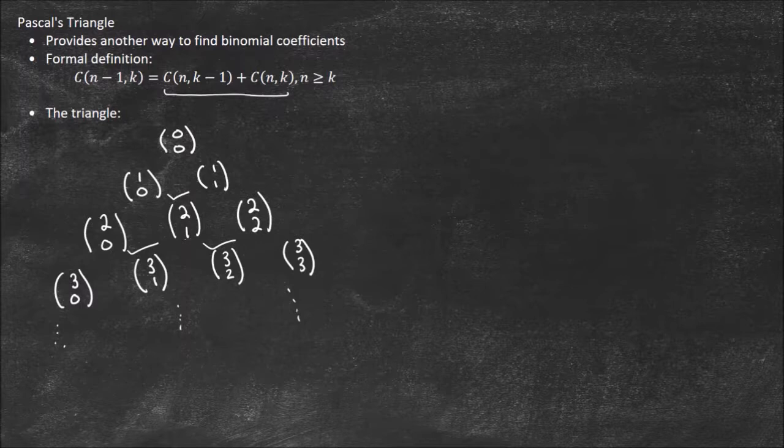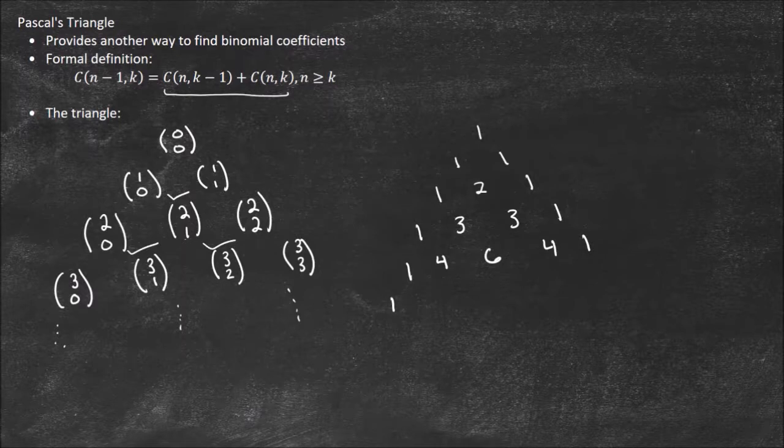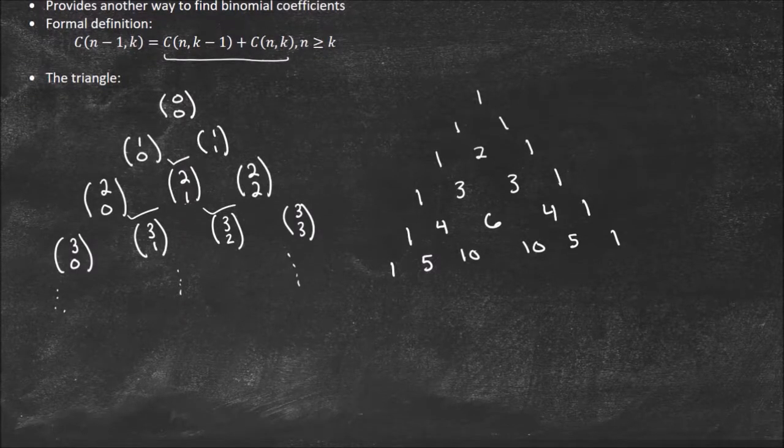If we do this out, 0 choose 0 is 1, 1 choose 0 is 1, 1 choose 1 is 1, and then I have 2 choose 0 is 1, 2 choose 1 is 2, and so forth. It would be 1, 3, 3, 1, just by doing these combinatorics, and then 1, 4, 6, 4, 1, then 1, 5, 10, 10, 5, 1. Hopefully now you see the pattern, that I can take these two numbers, 1 plus 1,